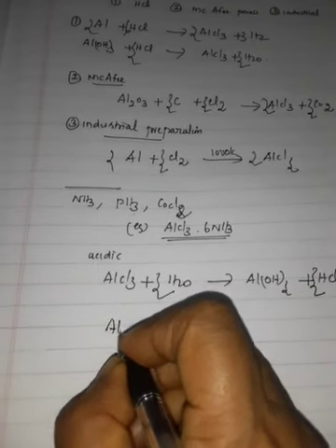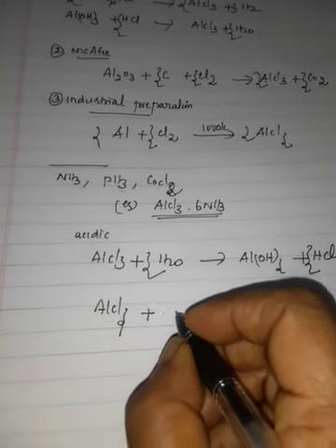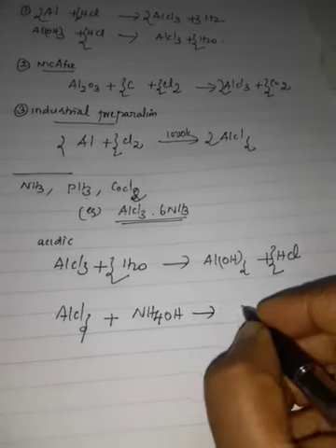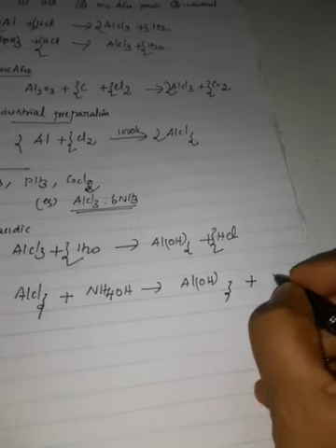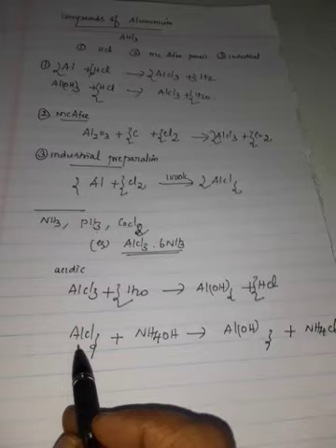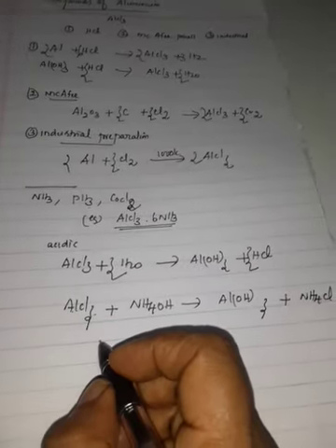Second one, aluminium chloride treated with ammonium hydroxide, NH4OH, forming aluminium hydroxide Al(OH)3 plus ammonium chloride. They just get interchanged: aluminium hydroxide, ammonium chloride. On balancing,